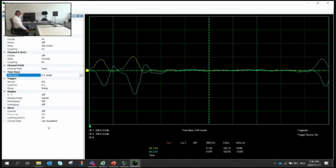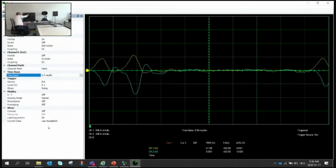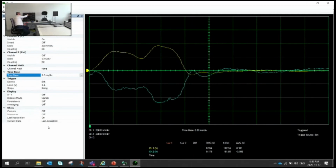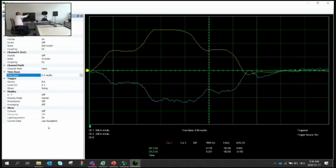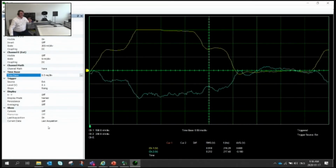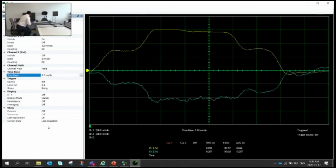Okay. So that's my minimum pulse. I see that I have two targets resolved. I'm just going to change the pulse length very little by little. And now I have a very large target. So as you can see, if I grab my tape measure,